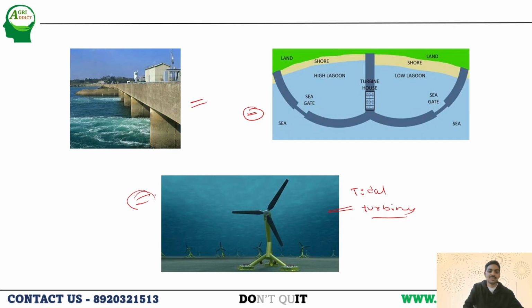It is sometimes installed inside the water, near the shore, to certain depths, or it may be located in the tidal barrages. A tidal barrage is a dam-like structure. In between, these turbines will be installed, so when tides come and hit the turbines, they will rotate and generate electricity. And this is the tidal lagoons. It is a small scale investment compared to tidal barrages. It works in a similar way, but the cost of construction will be less and the impact also will be less.